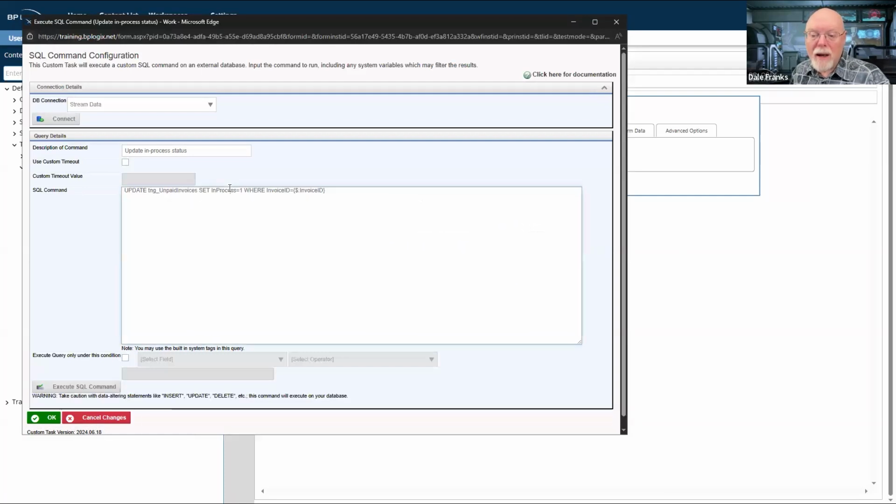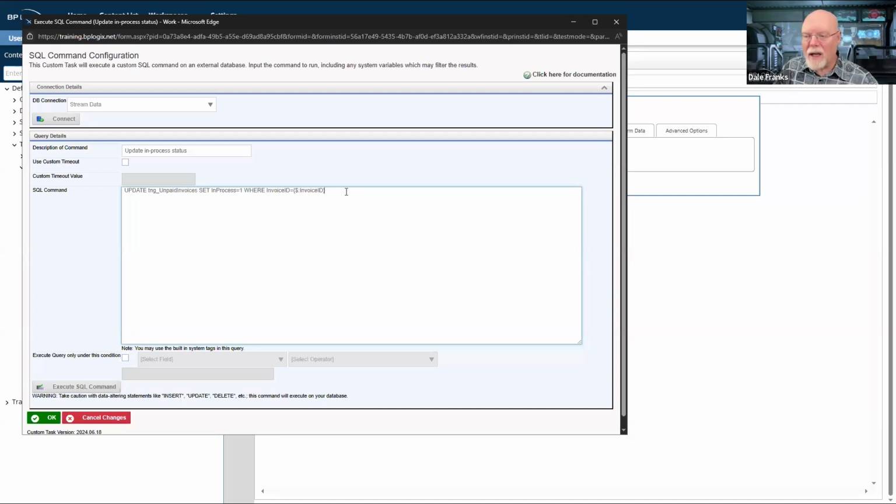I really only need to do one thing. I need to set in process equals 1, where the invoice ID equals the invoice ID that is on the form. So far, we've been talking about our data as a record set of 5 records. Once we submit the form, we are out of the record set business. We are now looking at a single row of data and the fields that are included in that single record. So we've gone from record set to record. Each form is going to have the data from one of my database records.